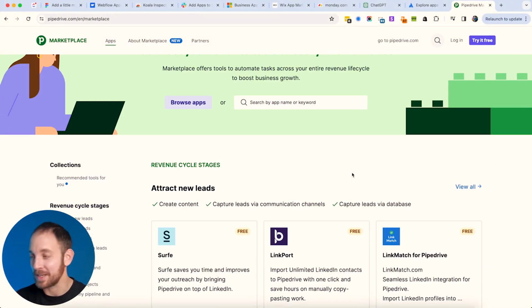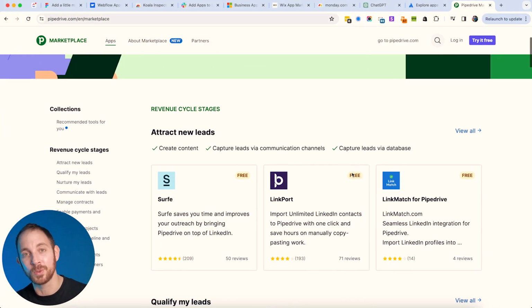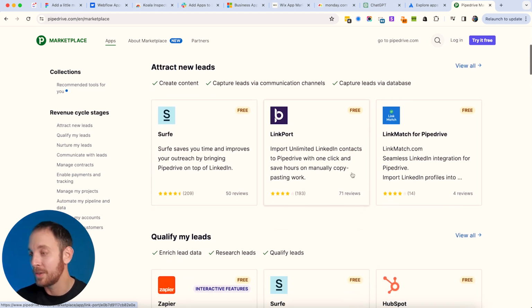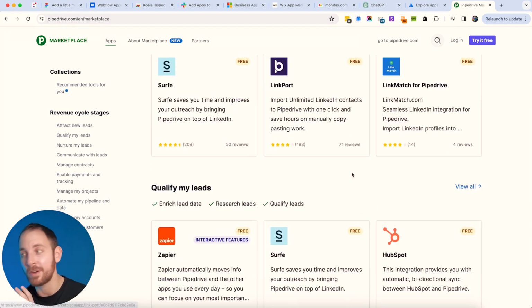Number 13, we got Pipedrive, everything related to sales management. So this platform is amazing. I've been using it myself, and it's fairly easy to build solutions built for sales teams. If you have any idea on how to improve sales teams' work, you can build it and put it on the App Store. Again, very active. You can see hundreds of reviews. A lot of them are paid services, so I would definitely recommend checking it out and build for it because